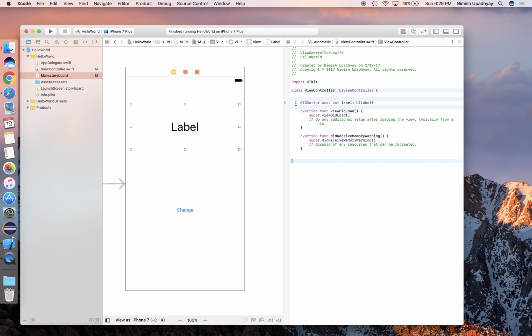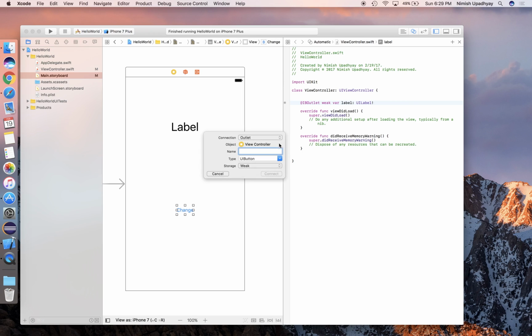So as you can see, it's a filled circle. That means we did link up this variable with this object. But now we need to create an action for the button. So let's do the same thing. Control, click, and drag this guy over here. And now we're going to change this to action. And we're just going to go ahead and type in change